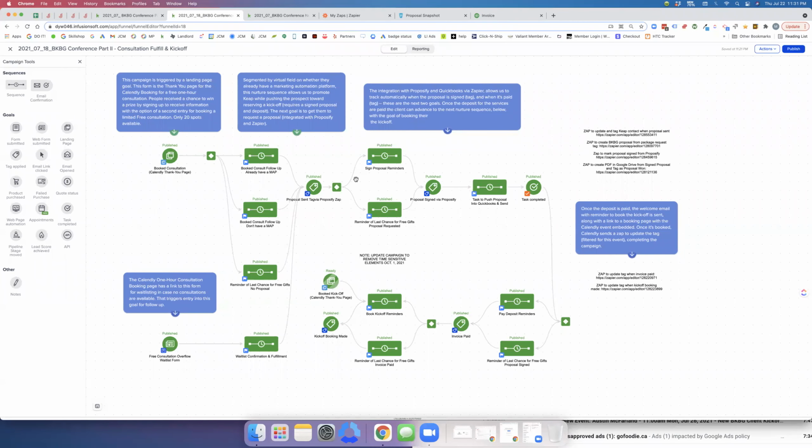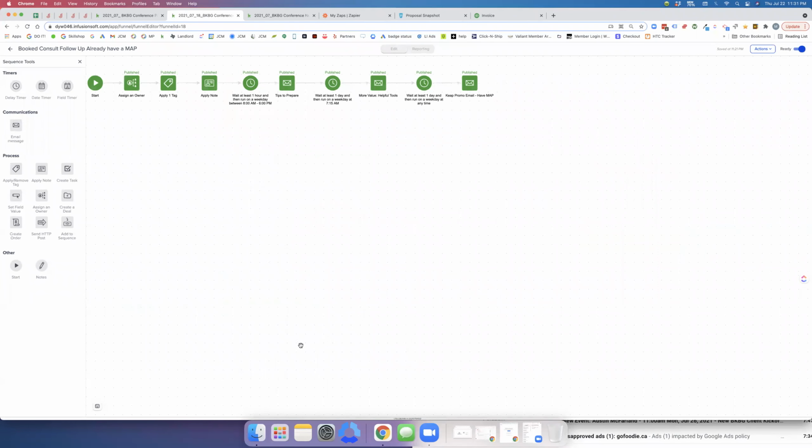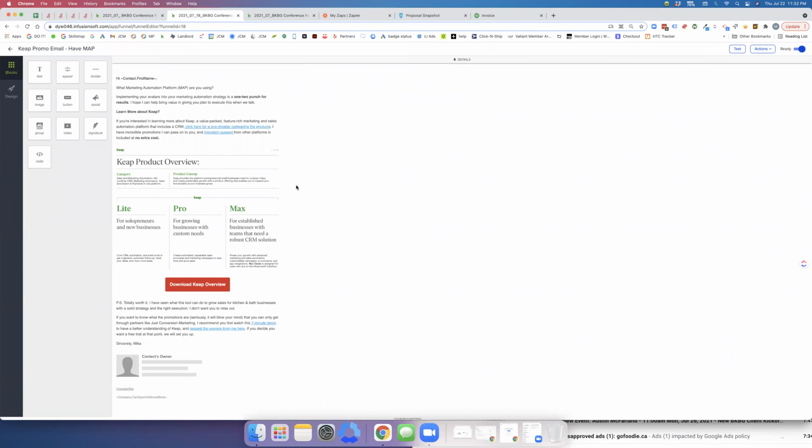So once they have gotten through here, I just want to notice there's a few emails in this. If they've already booked the kickoff, it's a conversation I can have with them in person. If they're still getting nurtured, I again offer some value, but I have this third email that really focuses on the marketing automation platform. It speaks a little bit differently whether they have one, and we'll be talking about migration support and comparing products, versus if they don't have one and they need to know the value of having a marketing automation platform and the difference it can make for their